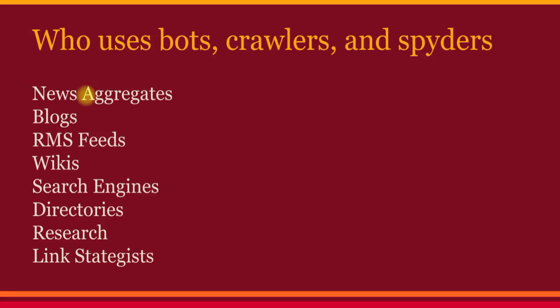Search engines use bots and crawlers quite often to rank sites and pages and make sure that their users are finding exactly what they're searching for. Directories like Yahoo, DMOZ, Yodel, and Yelp are huge directories that use bots, crawlers, and spiders to decide which sites get listed. Researchers, universities, and colleges use a lot of bots and crawlers to supply great information to their students.